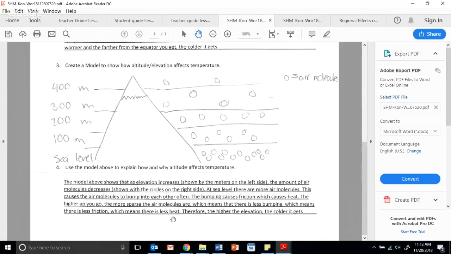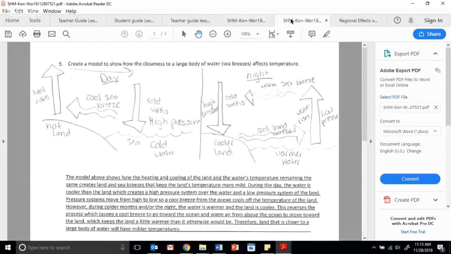Okay, now you can rearrange this order. You can say the higher the elevation, the colder it gets early. Like that could even be your opening sentence. That's totally fine. Okay, but you do need to explain about there being less air molecules at the top, and about how when there's less air, there's less friction, and friction is heat. Okay? All right, so those are the first 2. So now we're gonna move on to